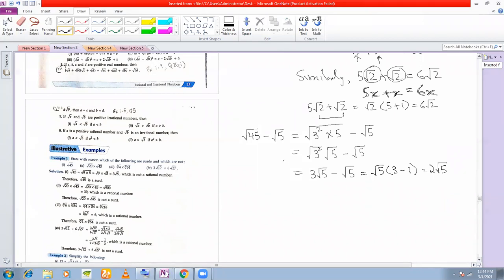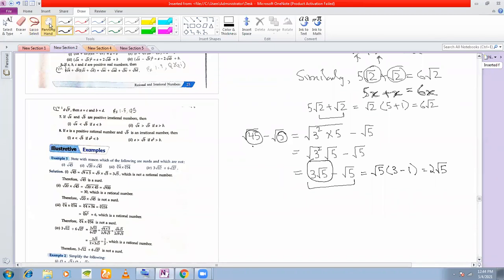So whenever you are adding or subtracting two surds, it is not necessary that you cannot. For example, look here. You have a 45 under the radical, and you have a 5 here. It looks like we cannot add or subtract these two, right? But when you converted this to a mixed surd, then you were able to subtract, isn't it? So whenever you get addition or subtraction of two surds, try to convert into mixed surds. Whenever you convert pure surds to mixed surds, it will always be helpful. It will always give you a very clear picture of what it actually is.